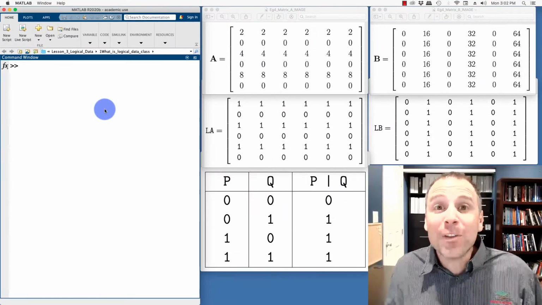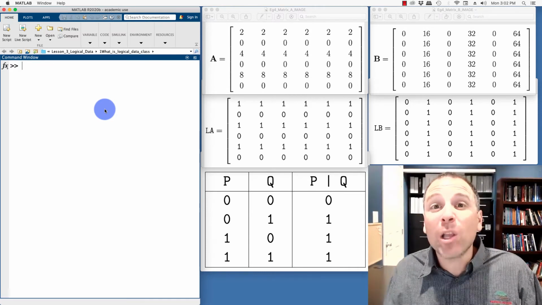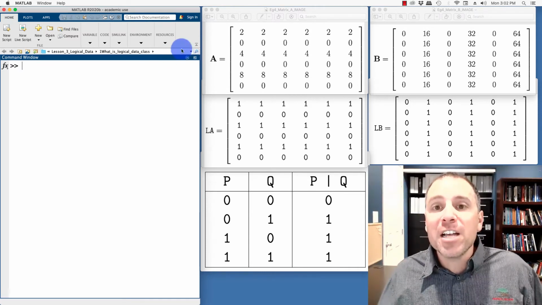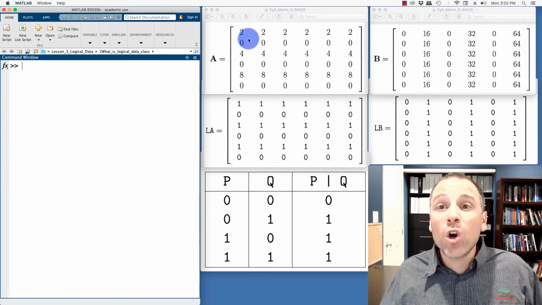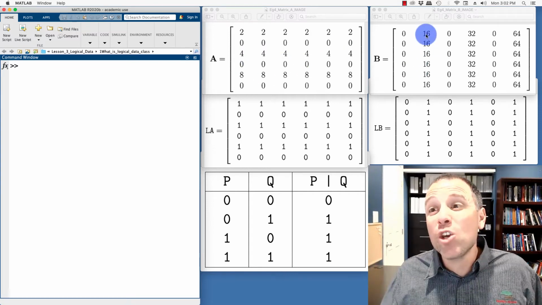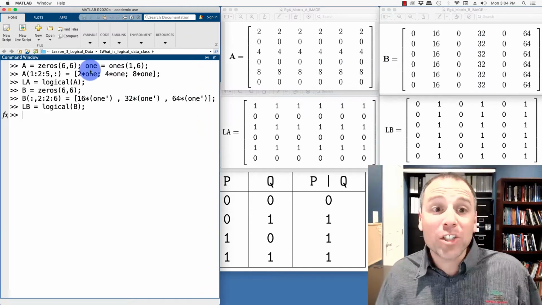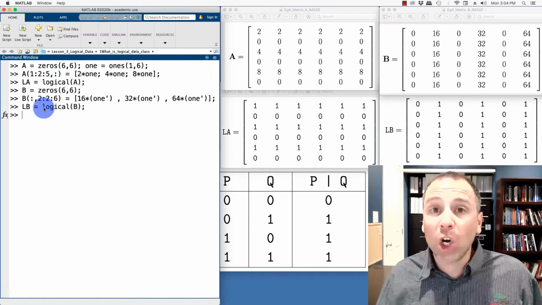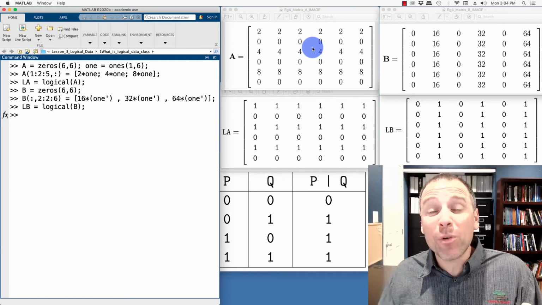For our last example in this video, let's go back to an example that we saw in our video about logical AND operations. Specifically, we had this 6x6 matrix A whose odd rows were multiples of 2, and then this 6x6 matrix B whose even columns were also specific multiples of 2. If you look on screen here, I've actually input all the code that we use to generate these matrices A and B. For a complete description of how I did this, please go back and watch that previous video. You can also try to parse that code on your own.